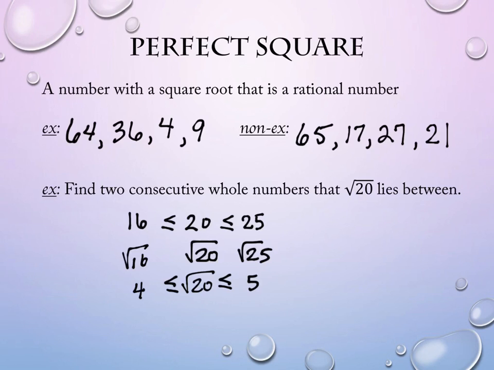So when you're answering questions that look sort of like this on your homework, I expect you to find for me the two numbers on either side and show me why it has to be between. Well, it has to be between 4 and 5 because 20 is between 16 and 25, right? It has to follow because this is an inequality statement. So the answer to the question then is